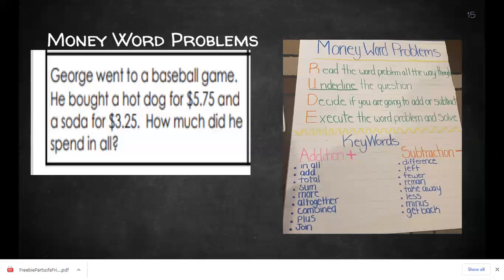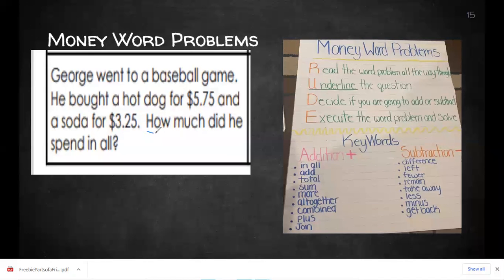So let's look at our example. George went to a baseball game. He bought a hot dog for $5.75 and a soda for $3.25. How much did he spend in all? So I read my problem all the way through. I'm underlining what it's asking me. How much did he spend in all? I look over to my anchor chart. In all, that's telling me to add. So I know I need to add